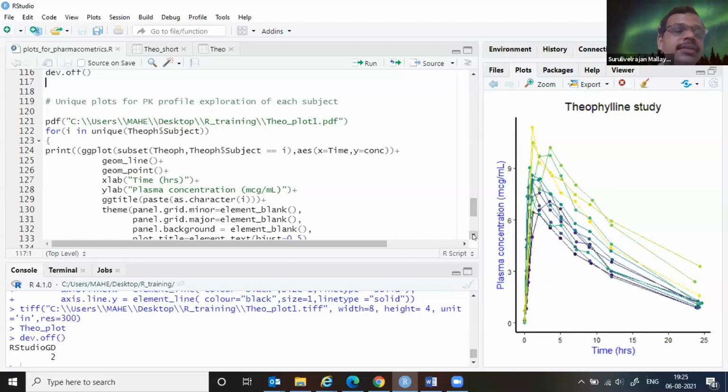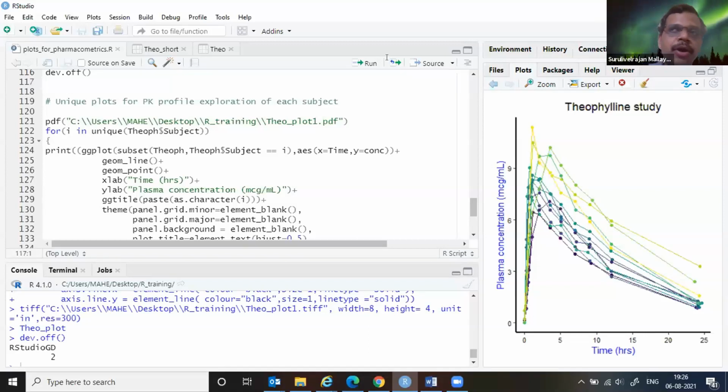Okay. So in that case, I want to make unique plots for the PK profile which we have now. That means it's going to be 12 different plots. And how am I going to do that? Every time I could run the code for one subject. It's 12 patients, so you can repeat the code by subject. But if I have 1200, multiple hundreds, I should be able to do it using a loop, a for loop. We'll call for loop functions, which repeatedly do a particular function with a single line of code.